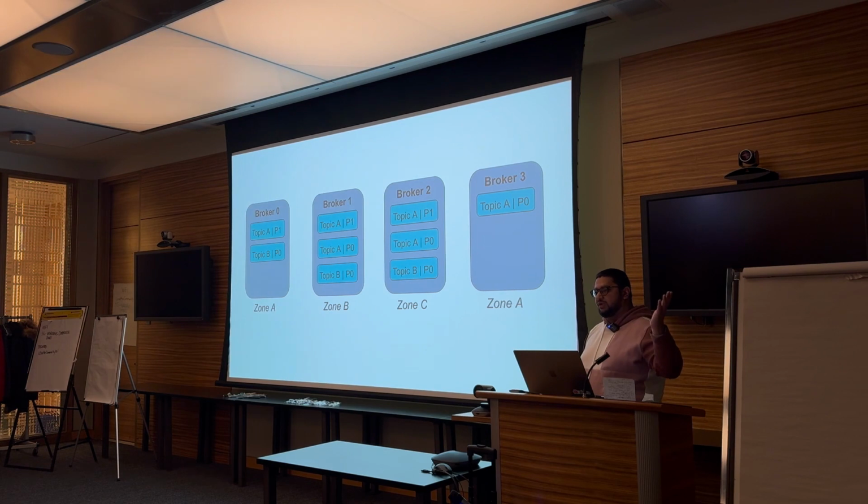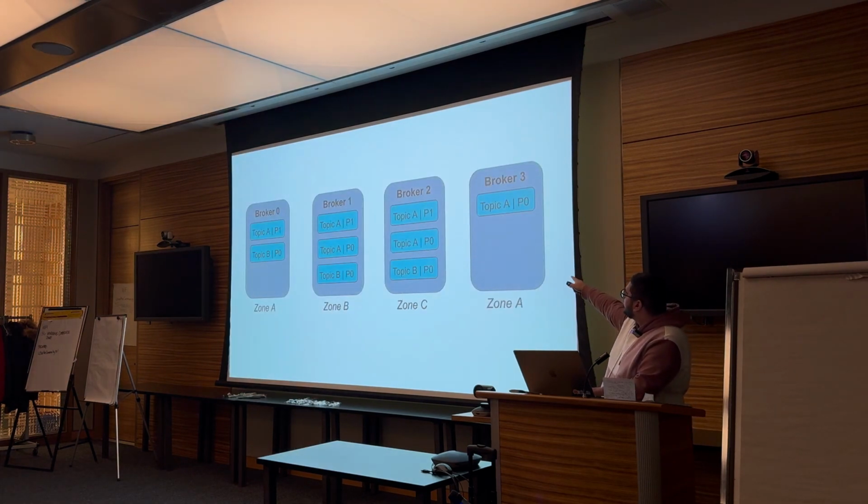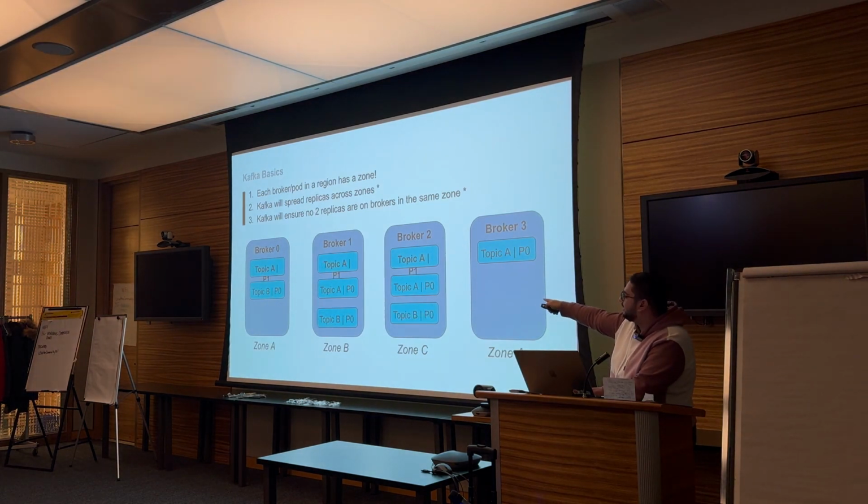So, any volunteers? Yeah? The minimum replication factor minus 1? Correct. That's the answer. And the answer, as you rightly said, since we did the replication factor of 3, is 1 or 2, depending on your risk tolerance. So if we update 3 or more brokers, at random, we run the risk of taking down all 3 replicas of a partition. Because even if you go back to one of these slides where I had them all in bold, the same ones, if brokers 0, 1, and 2 all restart at the